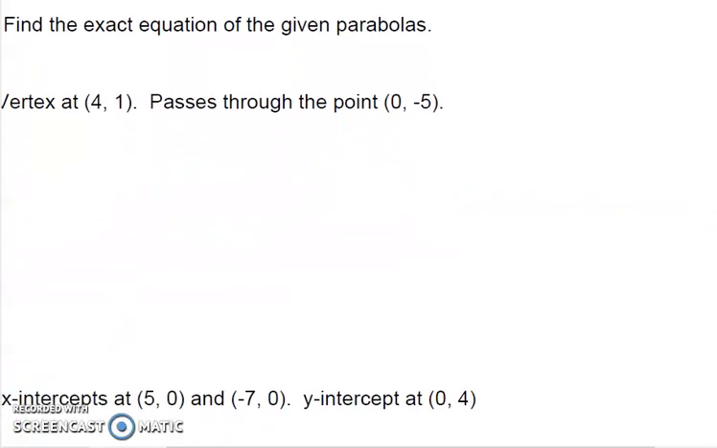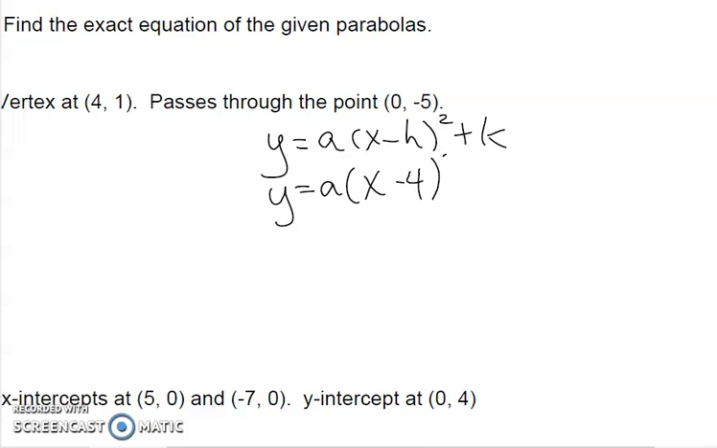In these problems, we're wanting you to find the exact equation. We're given a vertex, so we're going to start off in vertex form. And then we're going to replace the h and the k with 4 and 1. Now to find the a value, we're given an x value and we're given a y value. So what we're going to do is replace the y with -5, and replace the x with 0. And then we're going to solve